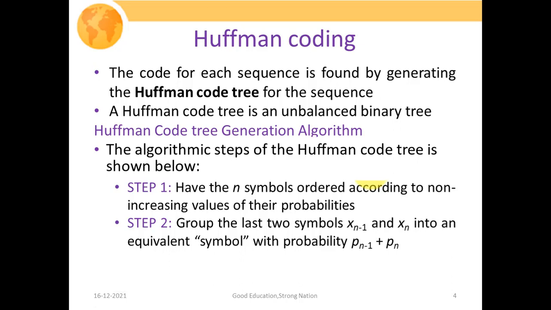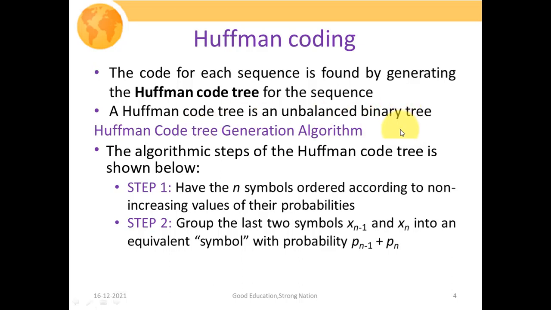So here, in order to generate an instantaneous code with the help of the Huffman algorithm, we have to make that tree. The Huffman code tree is an unbalanced binary tree. I mean, it is not always possible that all the branches will have an equal number of sub-branches. So now we're going to discuss the Huffman code tree generation algorithm, that is how we are going to generate the Huffman code for a given discrete memoryless source. Obviously, the knowledge about the different symbols generated by a discrete memoryless source and the associated probabilities is known to us. So the derivation of the Huffman code tree is shown below.